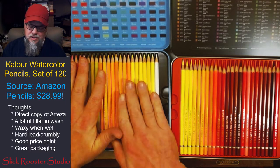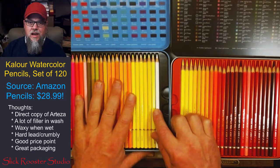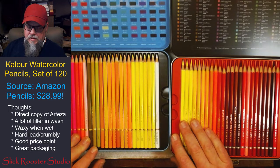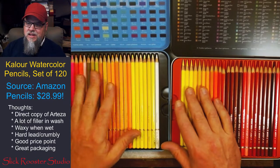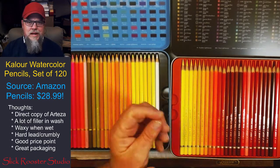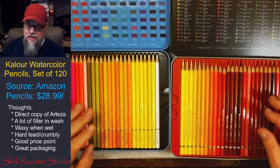Like with colored pencils, it's not unheard of at all to use five different shades of yellow for gradients and things. But for watercolor, at least the way I do watercolor, a couple of yellows, a couple of reds, a couple of blues, several earths, some nice earth greens. If I'm going to do a landscape, that sort of thing. So, anyways,